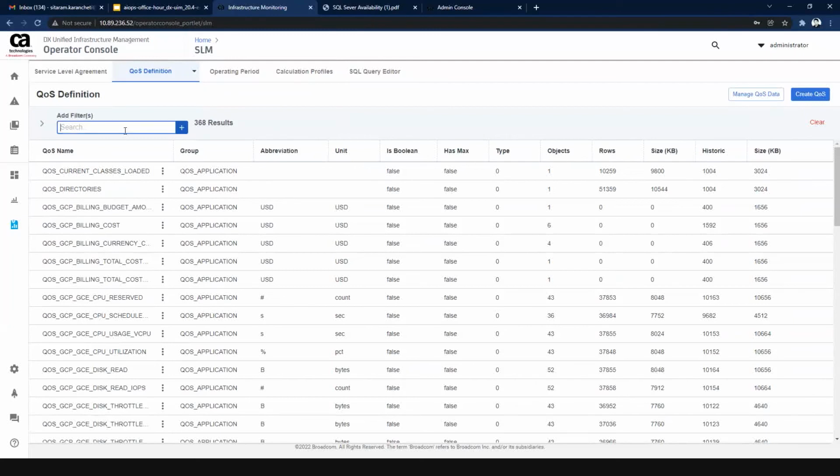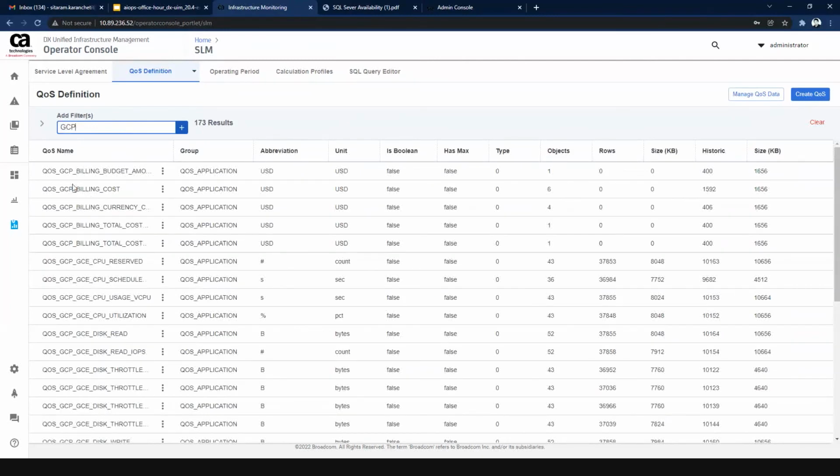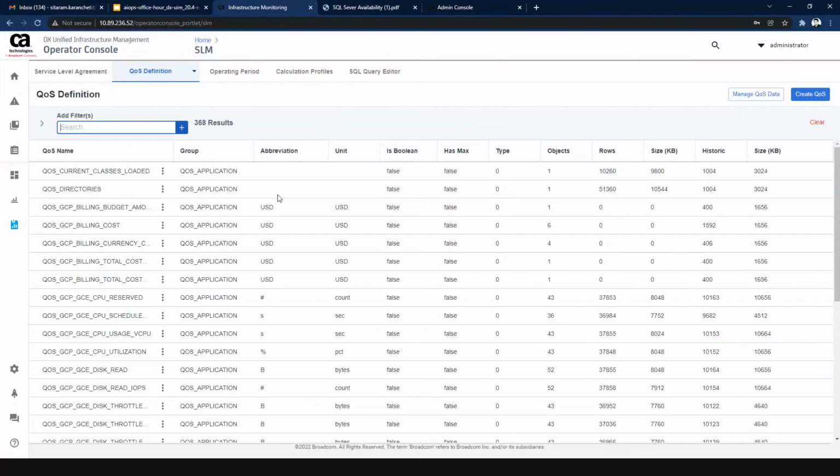If we want to see a specific set of costs, you can simply filter it out. You can see now all the list of GCP related cost definitions over here, right? And then this cost definitions table will also help us to see which cost definitions have more number of objects, right? So you can see over here,